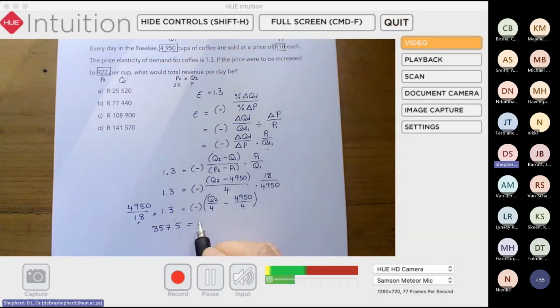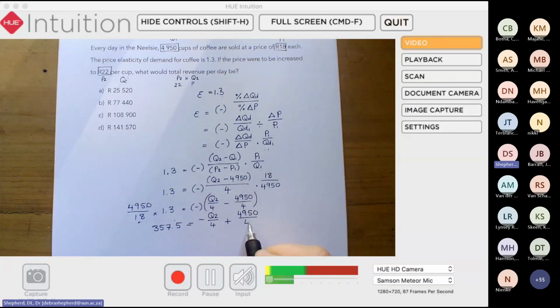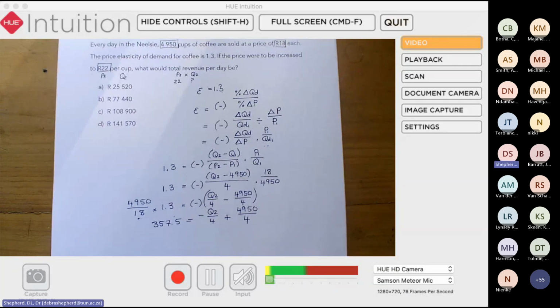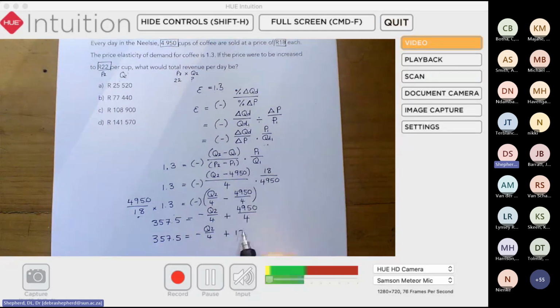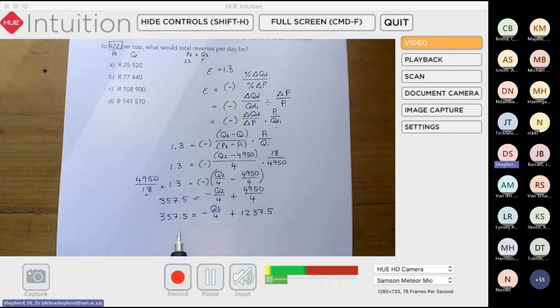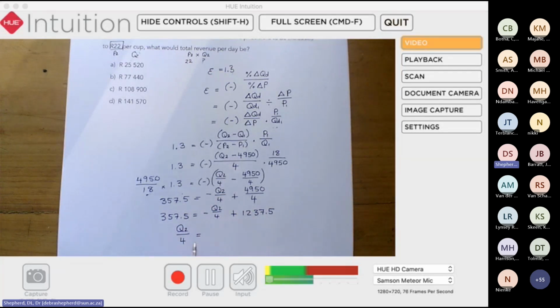357.5. And this is going to be minus Q2 over 4 plus 4,950 over 4. The reason why it becomes plus is because of the minus and the minus. And so what I then end up with is 357.5 equals minus Q2 over 4 plus 1237.5. Then I'm going to take this quantity to this side, and it becomes positive then. And then if I take this to that side, I'm going to subtract it from 1237.5. So then I get